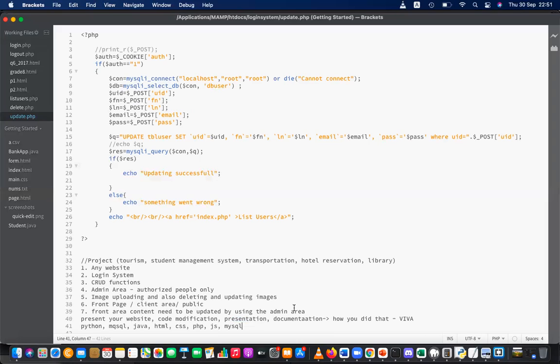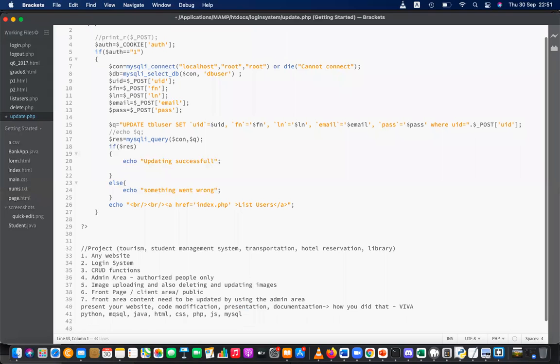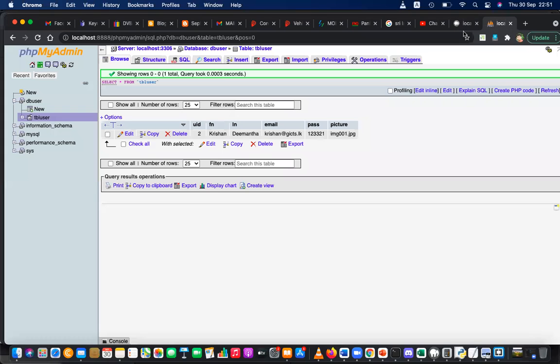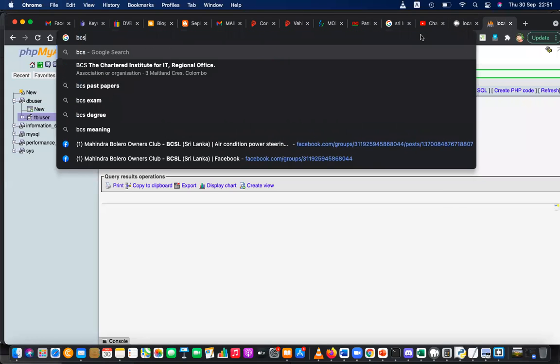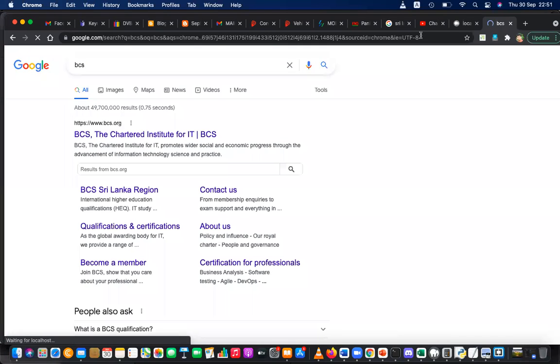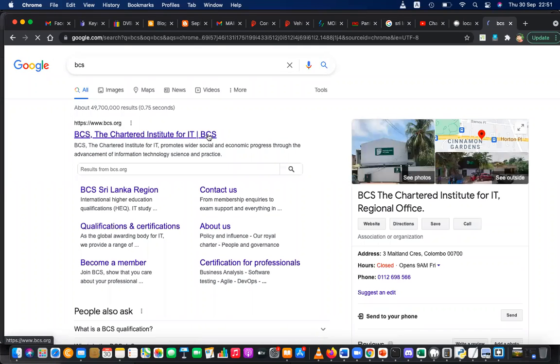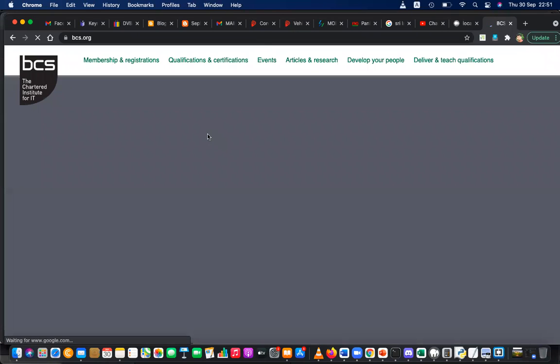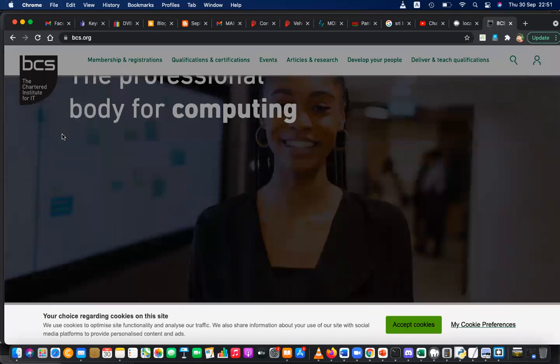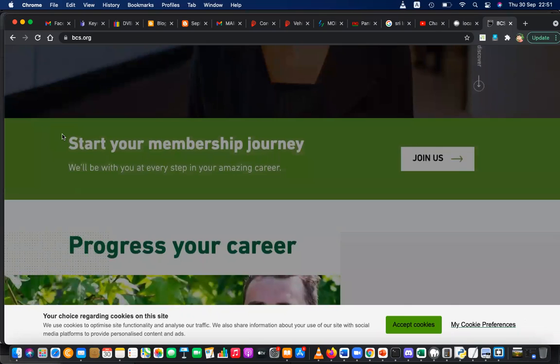Now, if you are done with this, what is the future path? I would like to show you, this is not available with JITS, but I'll guide you to the future completion. One thing is you can go to this website, BCS, the world's one and only Chartered Institute for ICT. This is a UK organization. It was offered a Royal Charter. So you can start this qualification.